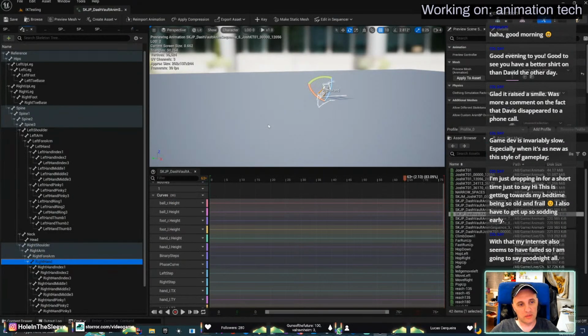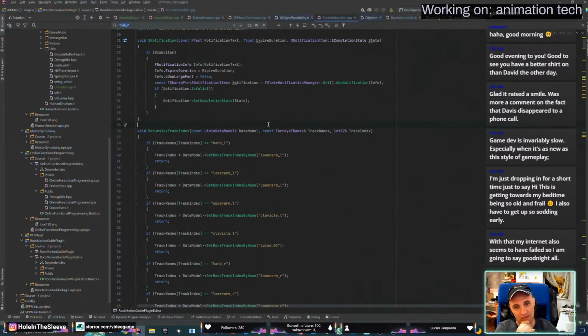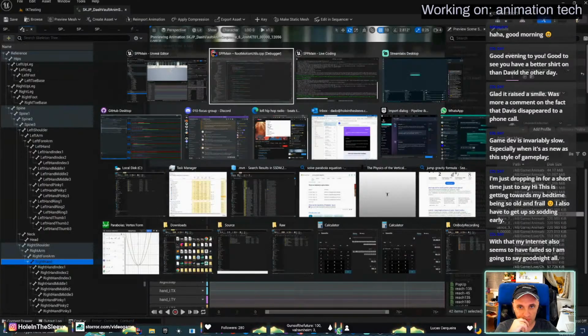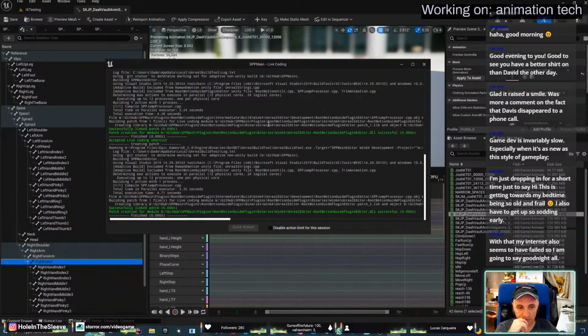Alright, so we got this. I need the map, I need the bone skeleton mapping, which is basically this is it.